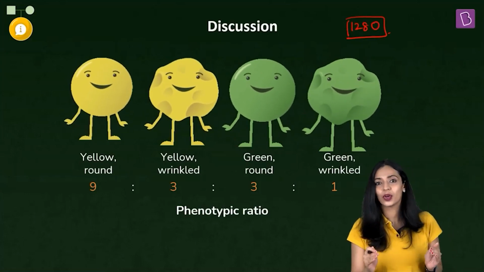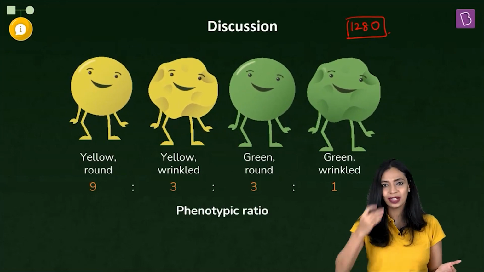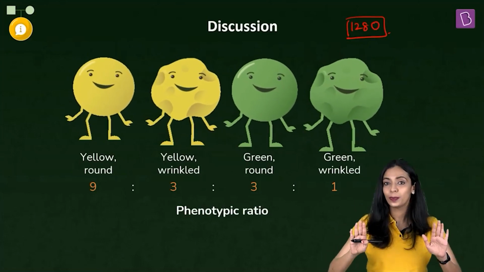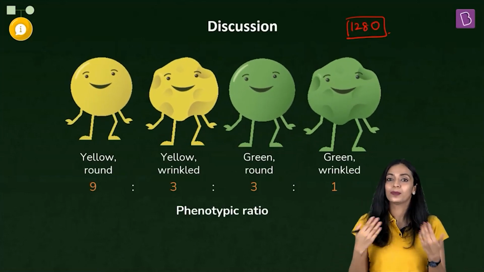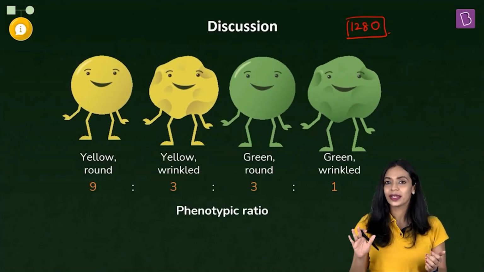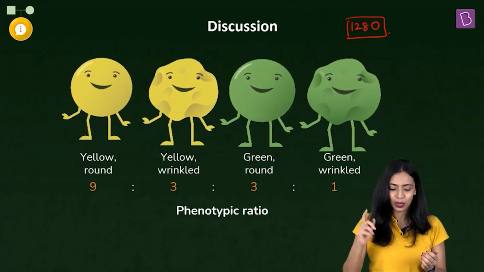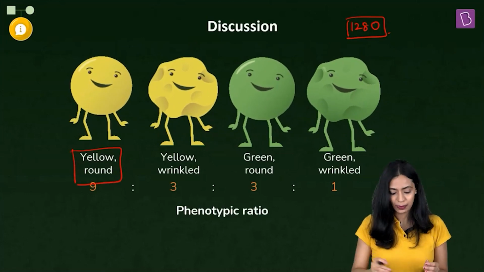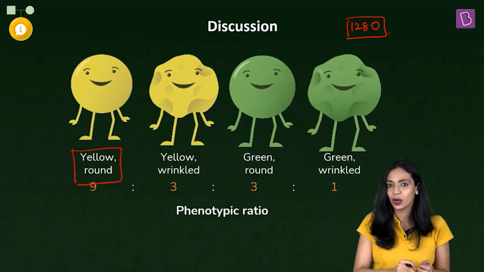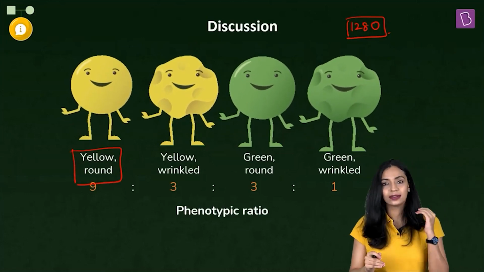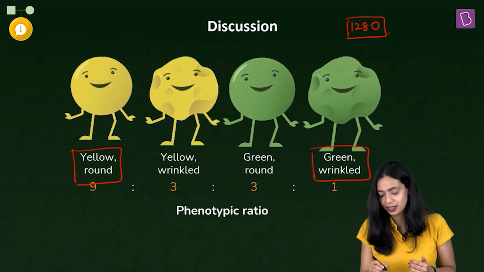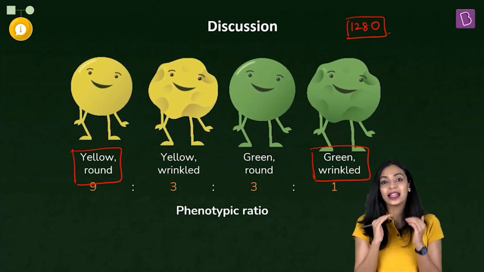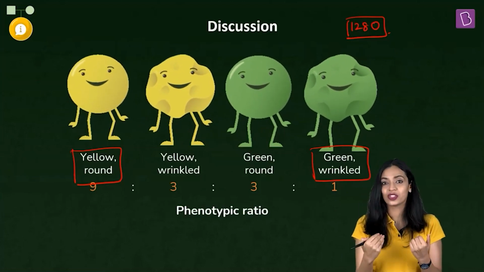Here it is important for us to understand what a recombinant is. Remember, we started the dihybrid cross by considering 2 plants. Both of them were pure lines. One plant was homozygous dominant for both characters, so it was round and yellow, similar to this. I'm only talking about the phenotype now. So it had yellow and round seeds. And the other parent that we considered had green and wrinkled seeds, right? A cross was performed between these two parents, and the resulting offspring is what we call the F1 generation.